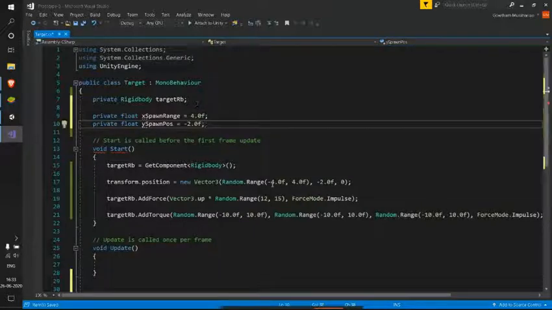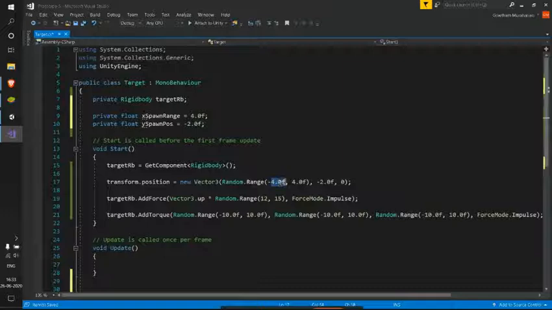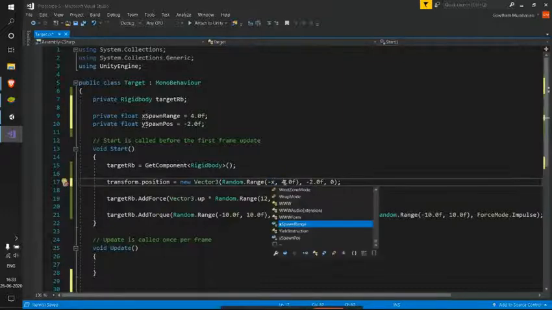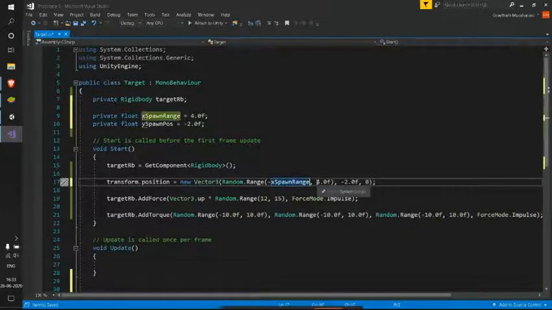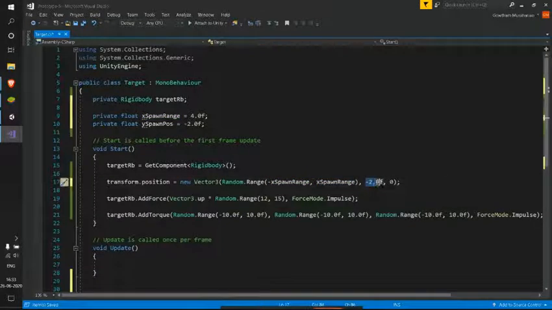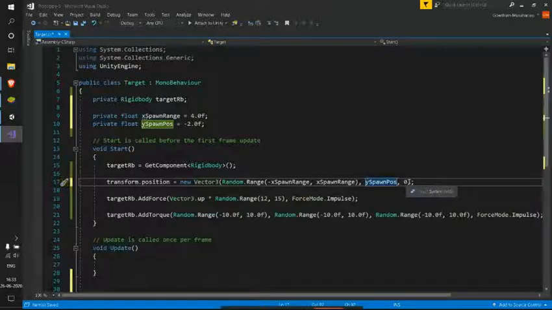So here let me replace them. This one must become x spawn range. As that has a negative sign, it becomes -4.0f, and this is x spawn range. The next one is y spawn position. As for the other thing, the z is 0, we can just leave that as 0 because we'll never deal with that.